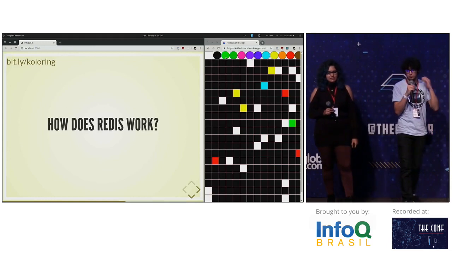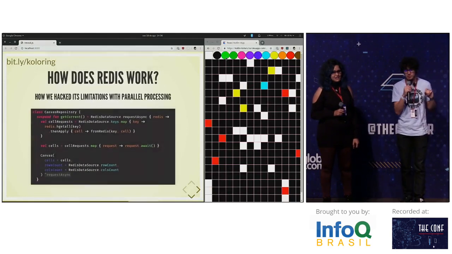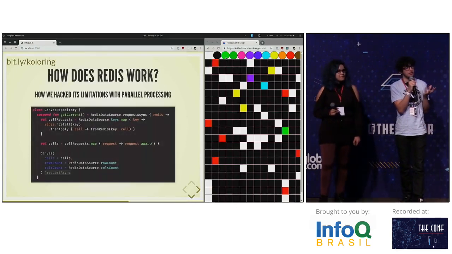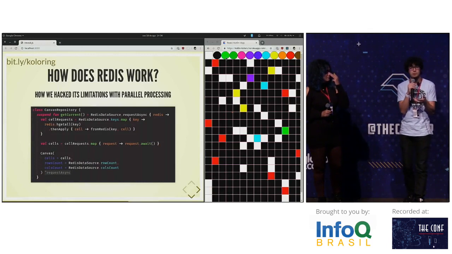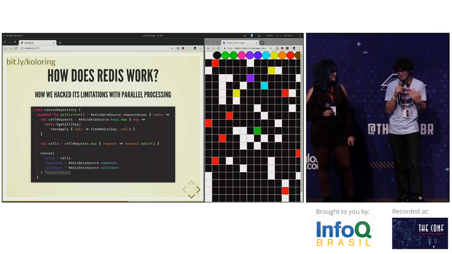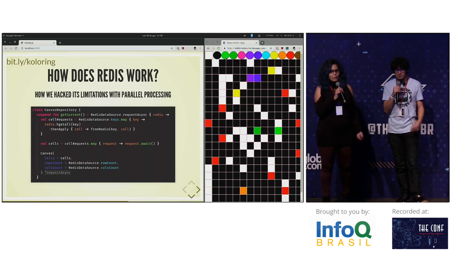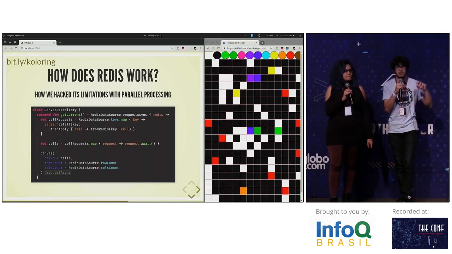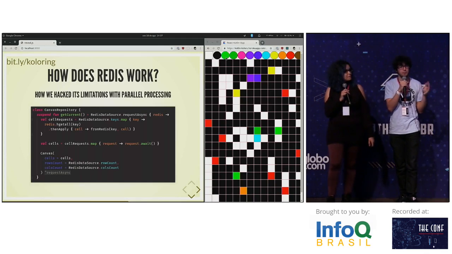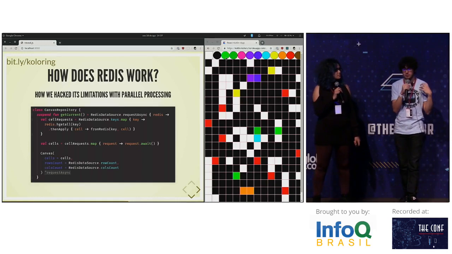So how does Redis work? Redis has a problem that it can't read more than 1 hash at a time. And I was thinking, what can I do to hack that? It won't stop me. I remembered Kotlin has a way to run a lot of parallel processing at the same time, and then I can just wait for all of them using the coroutine. So yep, I tried that. I'm not sure if it's a good idea. I'm not sure if it's performant, but whatever. That's the fun part. So we just hacked the Redis approach, trying to send a lot of requests at the same time for the whole canvas and read all of them at the same time.